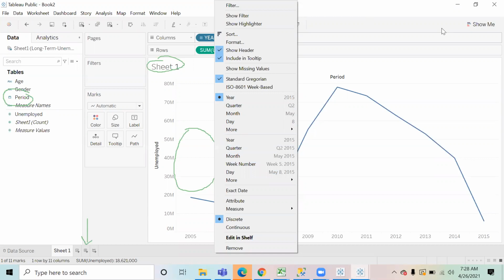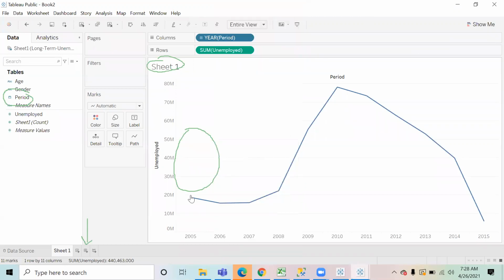Even before I change that, can anyone explain this trend that you see over here?